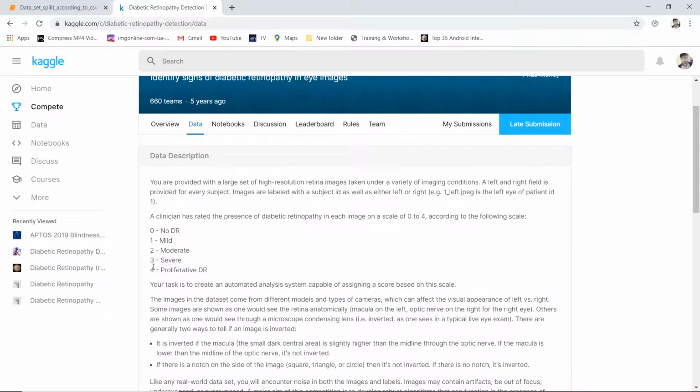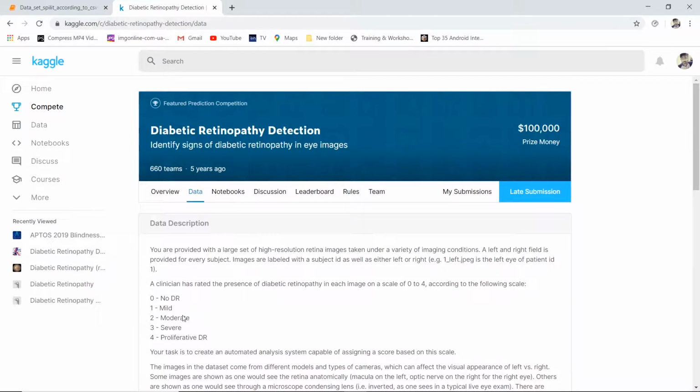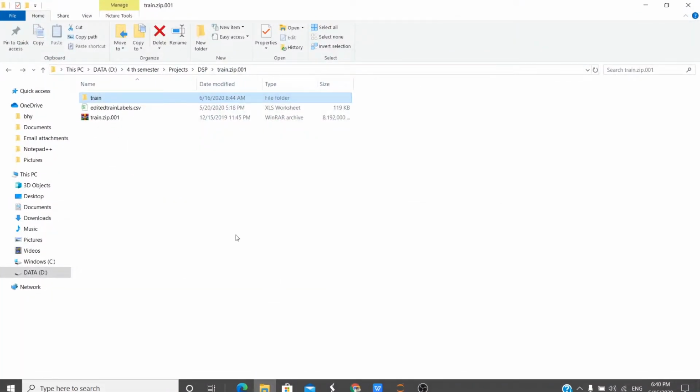Now in all these 5 classes, images are divided based on symptoms. Like in class 0 there is no diabetic retinopathy. In the mild class there are symptoms which say that diabetic retinopathy is starting, like microaneurysms. Now let's not get into those details. It's not about that. Now let me show you the dataset.